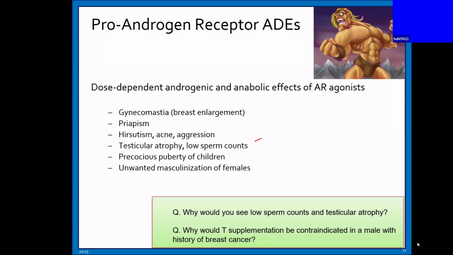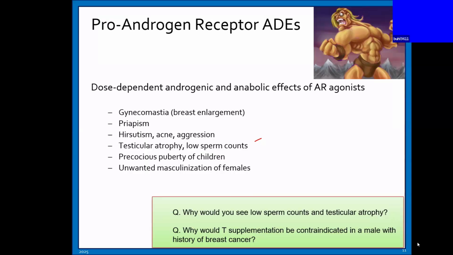And men can get breast cancer as well as women. They have all the same tissues, they just haven't grown as much. If men get estrogen at higher levels, their breasts grow. So all of that is still there. And men can get breast cancer as well because the same cells and tissues are there. They're less likely to get breast cancer because they don't have as much estrogen, so those cells aren't really growing. Say you have a man who did get breast cancer and he might be like, okay, well, it's a breast cancer, so I don't want estrogen, I'll just take T. What could happen there?